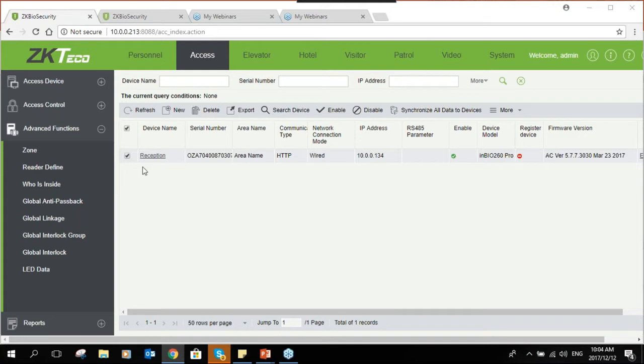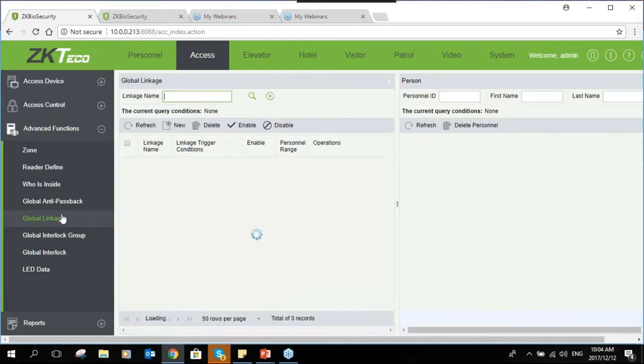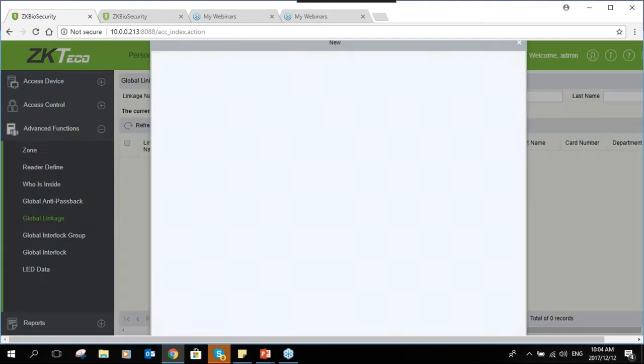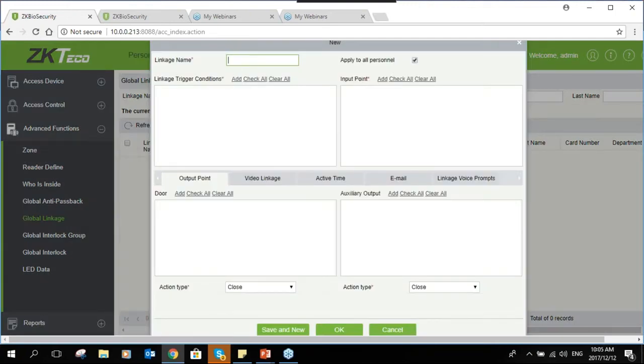Okay, thank you very much. We can continue on the global linkages. So the global linkage, you can create your linkage so that when your linkage is activated or a condition is activated, it can activate or release the MAC locks of all the controllers that are added on the software. So basically, it is the same as the other linkage that we've already touched base on, but in this case you can give it a name, say link approval,